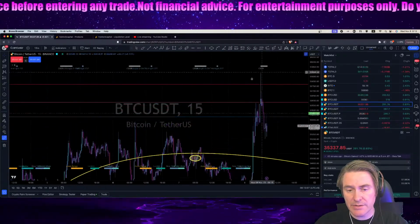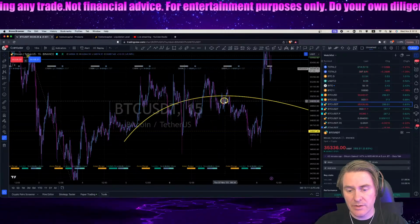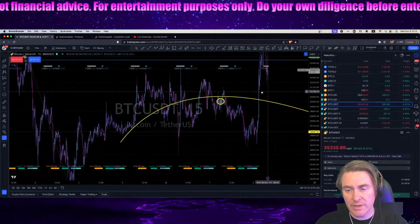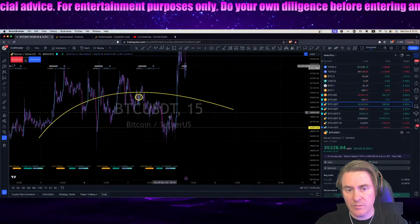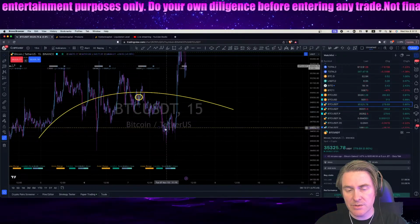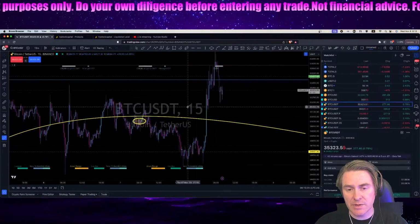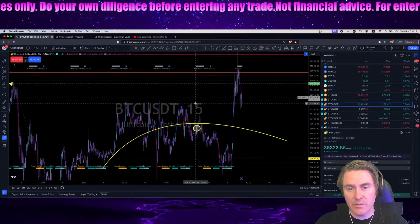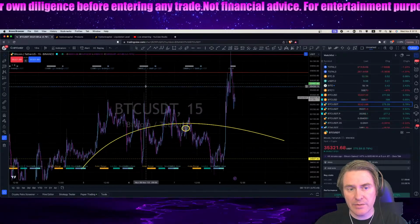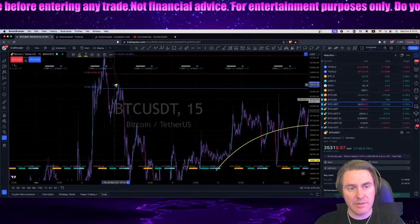Yesterday we were at this circle and we were talking about possibly breaking down at this weak cloud on the hourly, and we did break down and bearishly retest, and you would have been able to catch that nice short hopefully, and then think about possibly positioning into a long. So we swept this range here, so this liquidity pool was taken, so we can delete this little line. That little bit of happiness was reclaimed here,